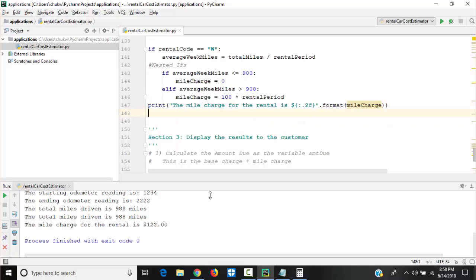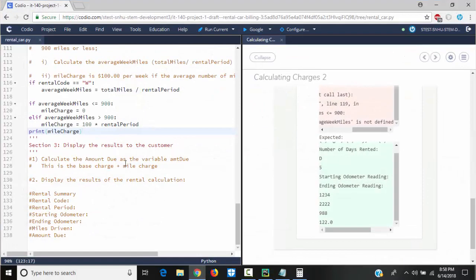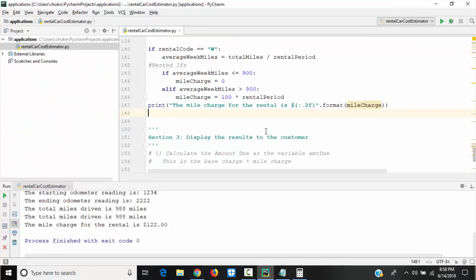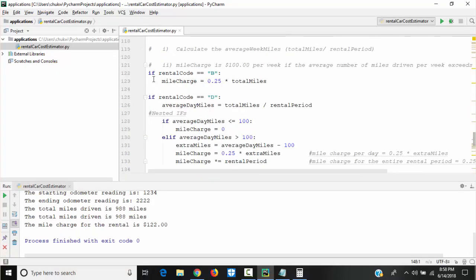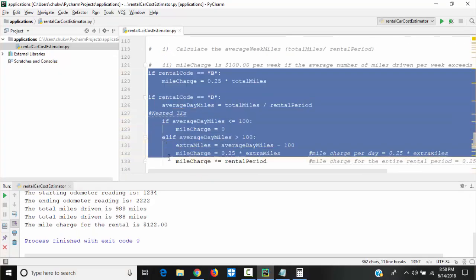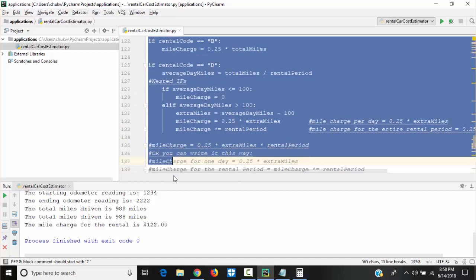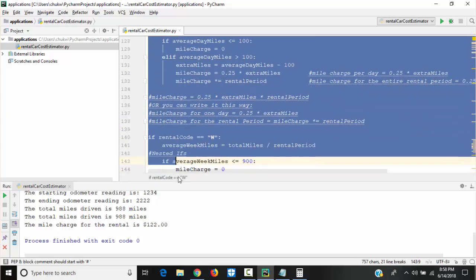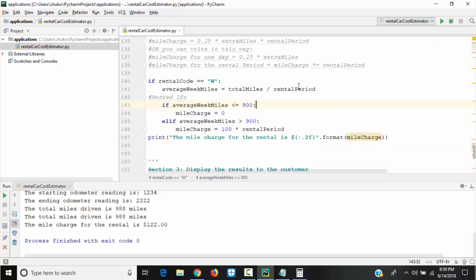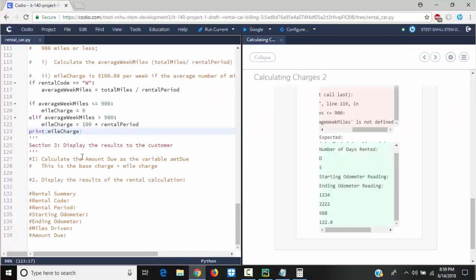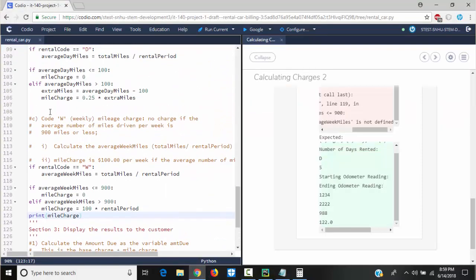Okay, let's now come here. I'll come here and I'll paste this whole code. I'm gonna copy all this to save me time. I copy all these, Control C, and I'll paste it here.